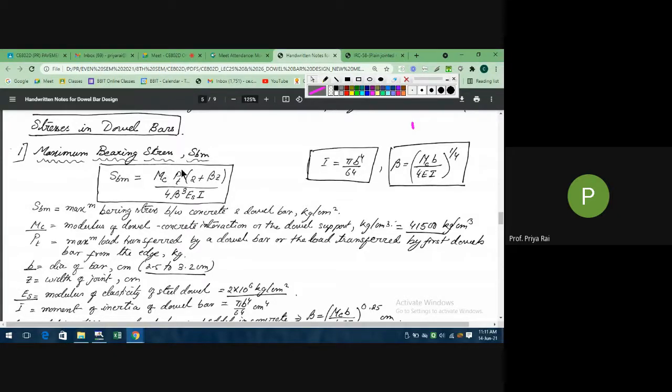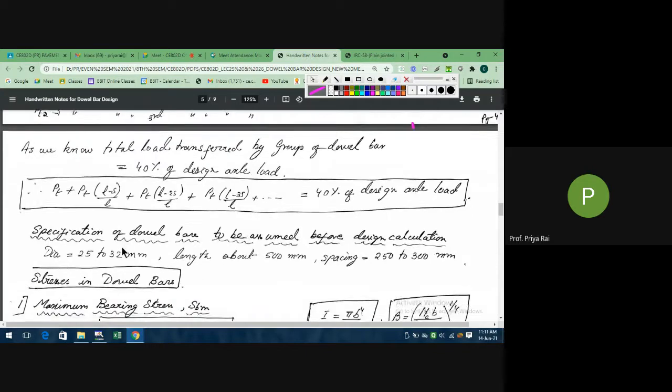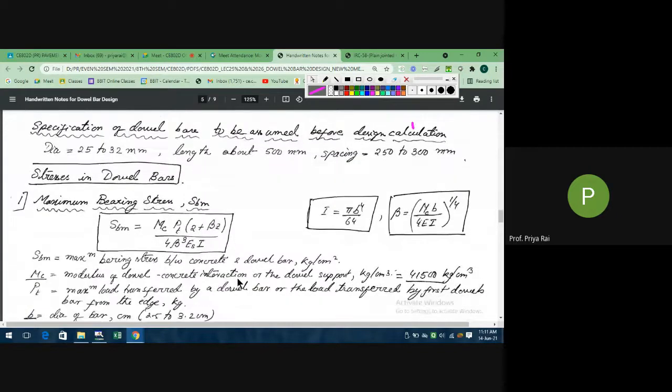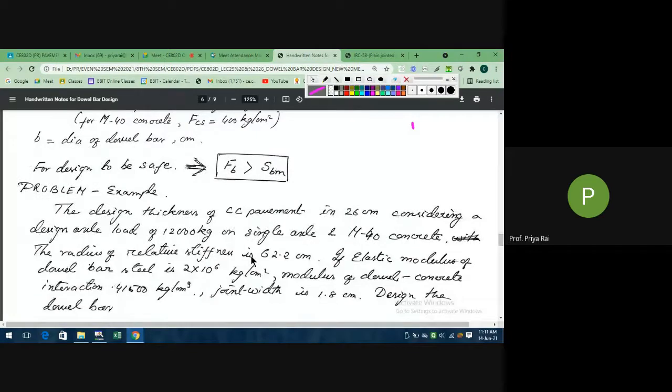And for calculating Pt, there is the S term, that is spacing, which is also to be assumed. In this method, the length you only have to keep within less than 500 mm, so no need to calculate length. In the previous method we calculated length also, but here we will keep our length below 500 mm and assume the other two data. Then we will check whether your preparation is greater than the semester paper or not. We will be doing this checking.